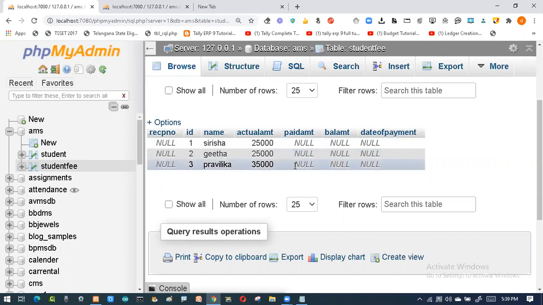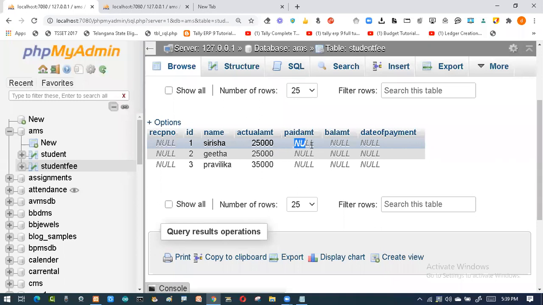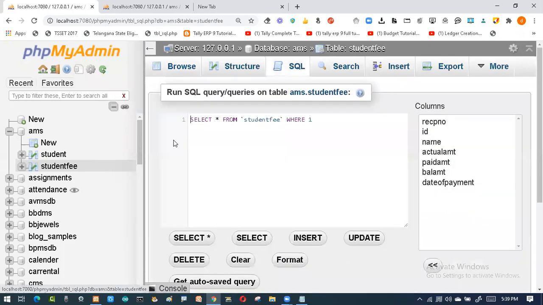So now I'll give the two update commands. Listen carefully. So now I'll go for the persons one by one. Roll number one is coming, he's paying the amount. Roll number two is coming, he's paying the amount. Roll number three is coming, he's paying the amount. So I have to issue the receipt number, and I have to collect how much amount he's paying. So I go to my SQL command, then I'll write the code.